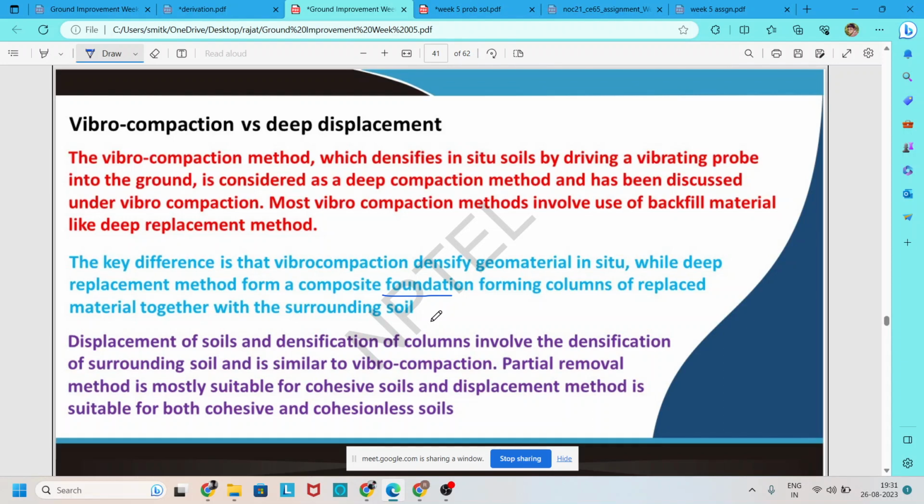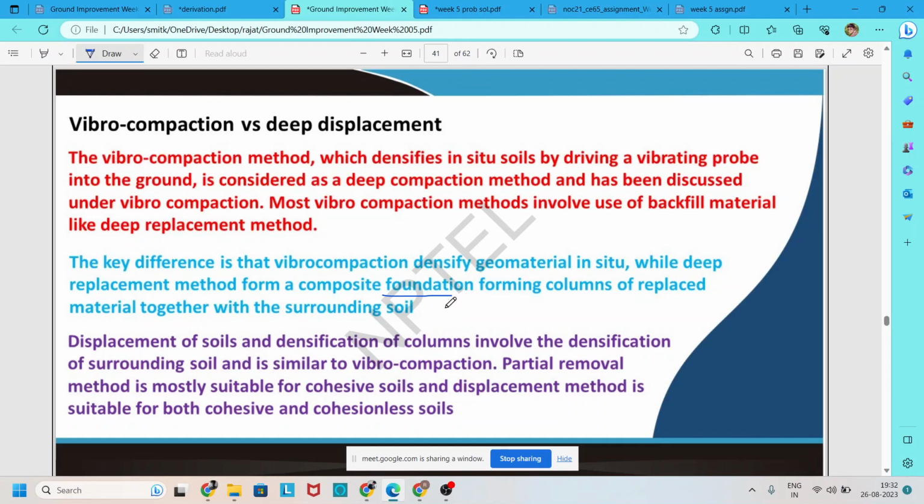One is the surrounding soil, which is already there, and the other is filled or backfilled with good material. With these two materials, a composite column is created. Here it is also said that replacement of soil and the densification column involves densification of the surrounding soil and is similar to vibro compaction. Partial removal is more suitable for cohesive soil and